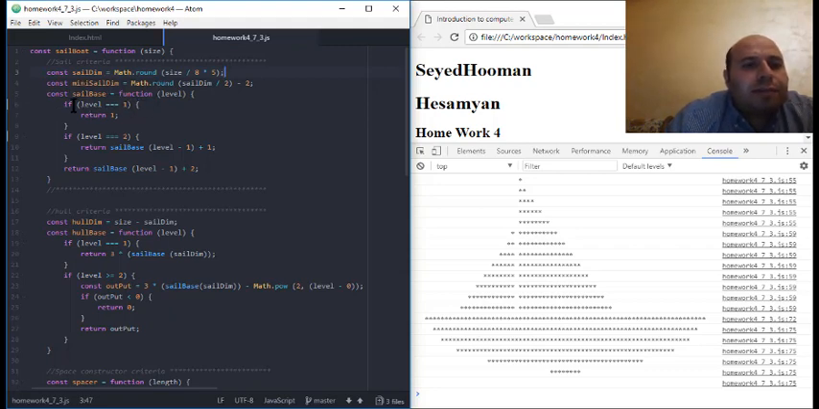I defined the function. Its name is sail base, with the input level. Putting the level means this line by order from up to down. It's increasing. Its output is the stars, the number of stars that should be drawn,